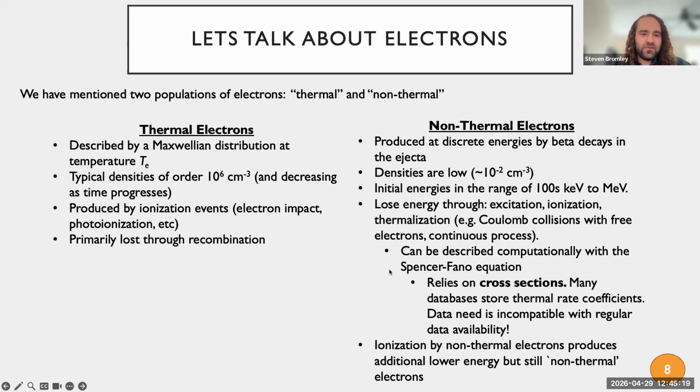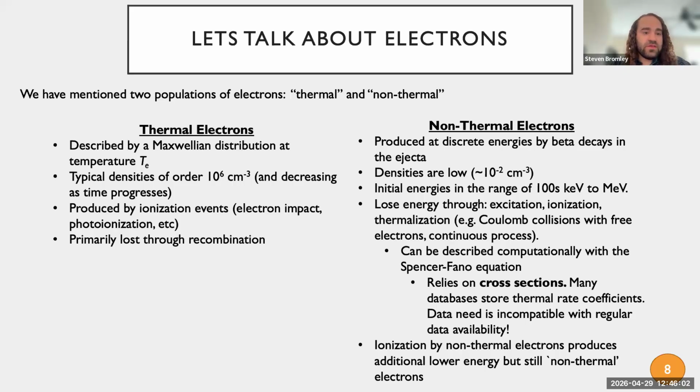I just want to make a note that the degradation of these non-thermal electrons really depends on cross sections. If we were to look in databases that store collisional data sets, what we'd often find are thermally averaged rate coefficients. Somebody has taken a cross section and averaged it with a Maxwellian at some temperature, and that gives you a thermal rate coefficient. Unfortunately, the energy distribution of these non-thermal electrons is very far from a Maxwellian, and so that form of atomic data isn't really applicable. There's a bit of a disconnect between the sorts of data that people would usually publish or distribute and what is really needed to describe the electrons in this environment.